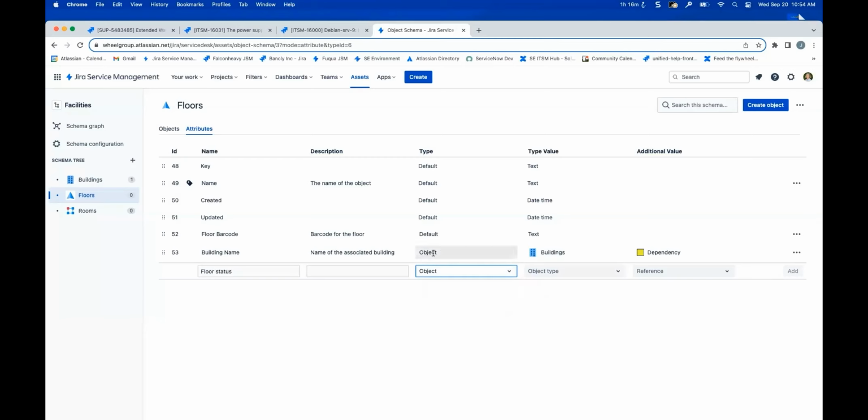So we see it right here where we have an object, and now we're referencing buildings. And the additional value allows us to define the relationship. So we see that this is a dependency, but we can get much more granular. If we didn't like it saying dependency, we could say it's located in. So that's a best practice.